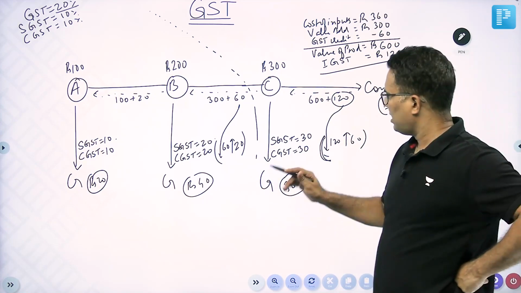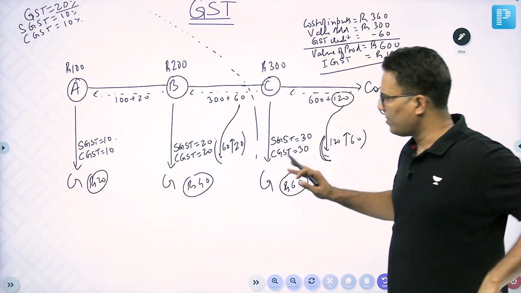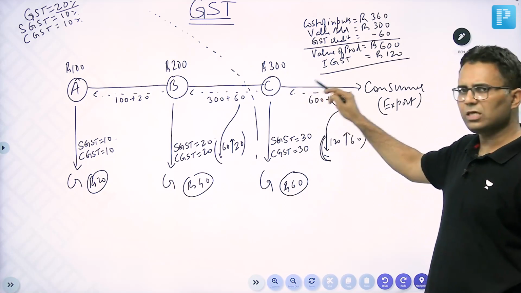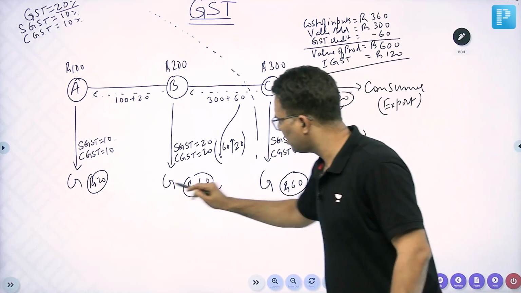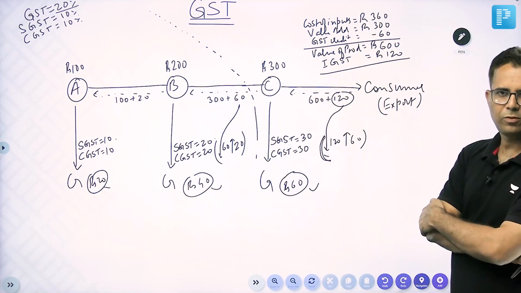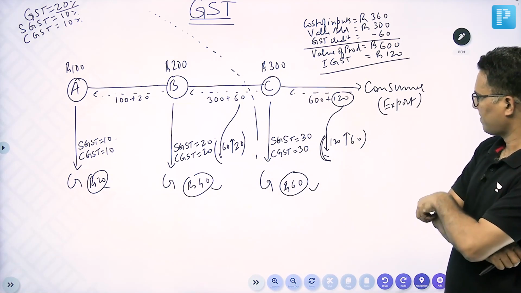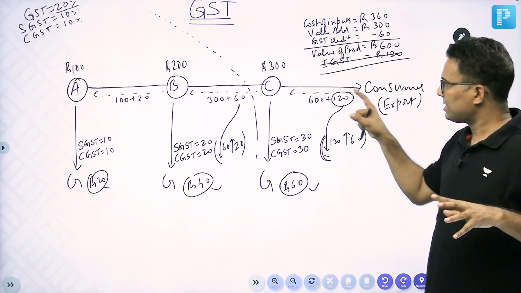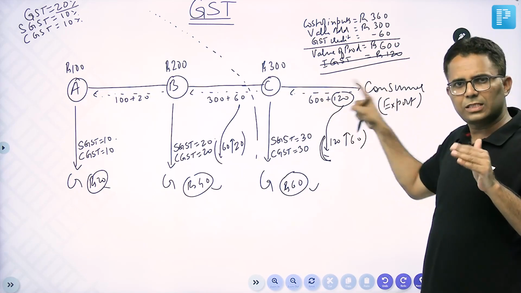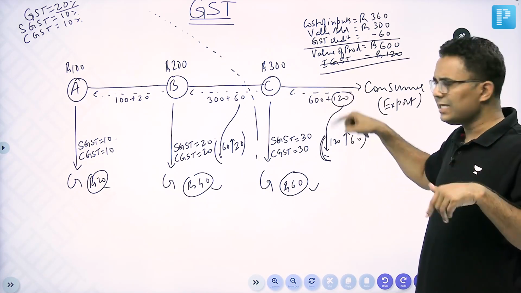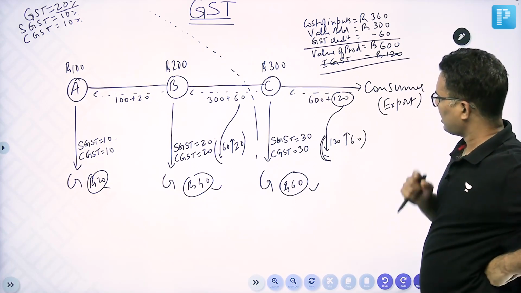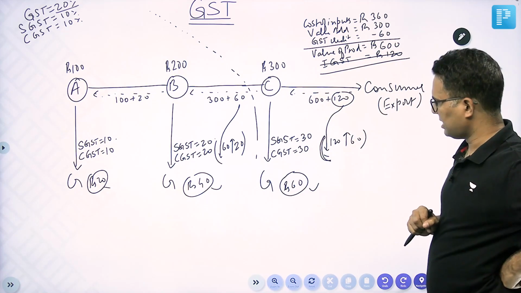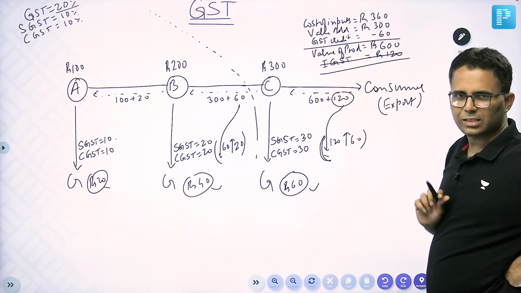So, if it was a normal case within India, how much did the government collect? 20, 40, 60. Now, the government is saying that if you are exporting abroad, even this amount the government will give back. So this will become 0. So, when C understands that he is selling abroad, C understands that C will get the IGST back. C will not impose IGST. If C will not impose IGST,